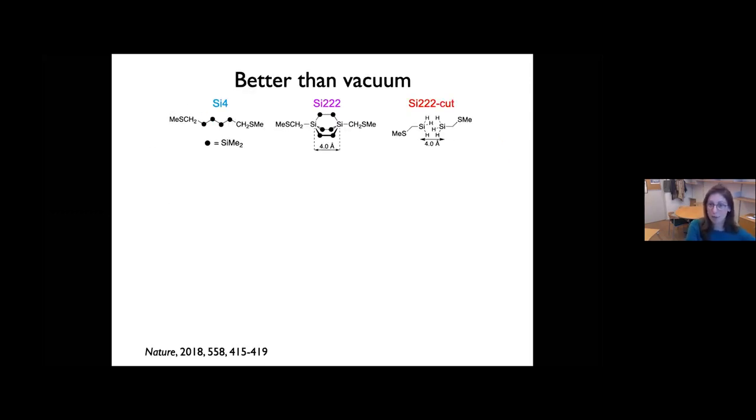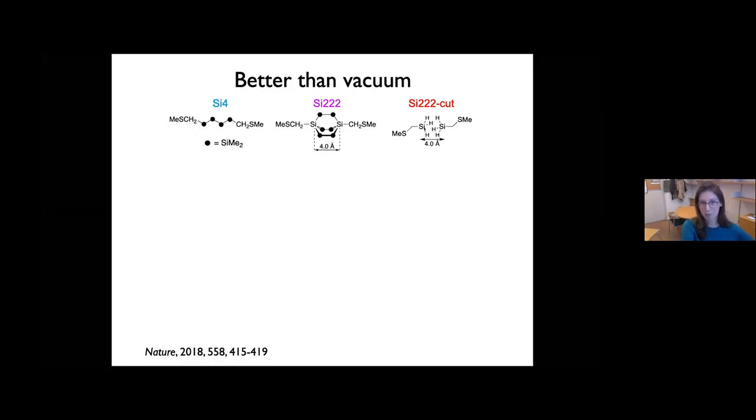But I promised you something better than vacuum. So this is the next dimension. And this is, again, where the advantages of theory come in, because we can make a little vacuum gap. We can cut the 3 bonds. We can remove these central silicon atoms that are forming the 3 bridges. We simply passivate the bridgehead silicon atoms with hydrogen, and then we can calculate the transmission through this system here,